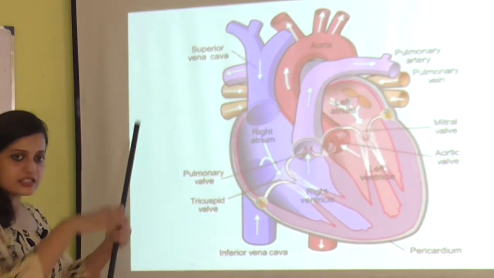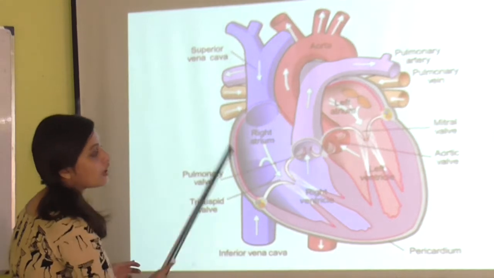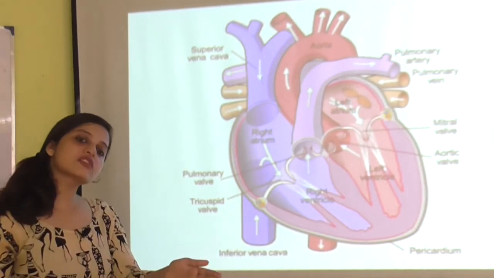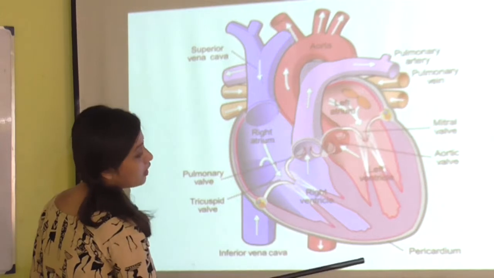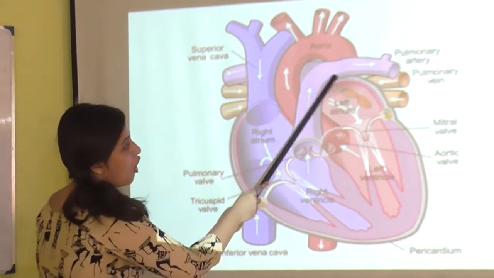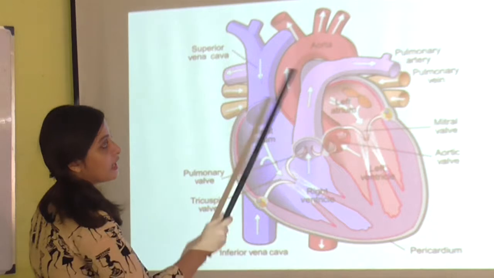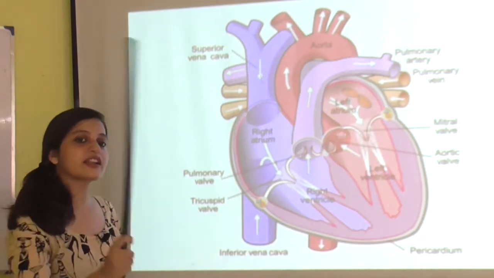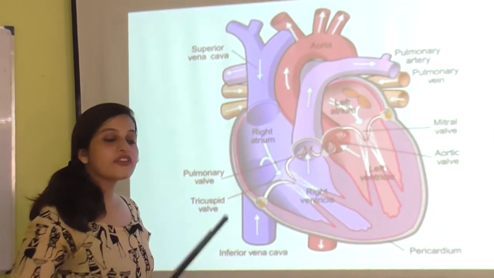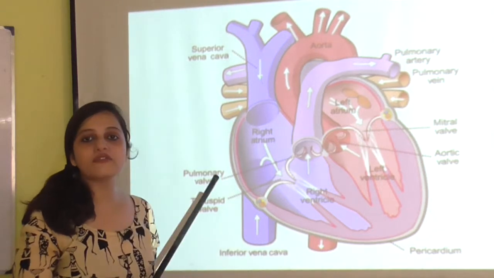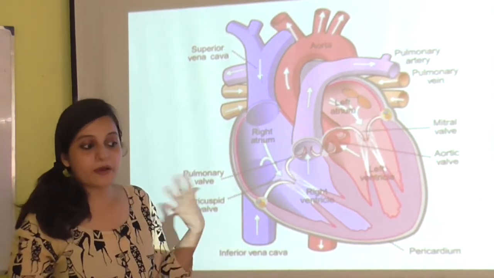So in summary, what have you learned? In the right part of the heart, deoxygenated blood will be there, and in the left part of your heart, oxygenated blood will be there, and the heart is connected to your lungs. This is the reason why we say that these two organs will never stop working. If they stop working, the person may die.